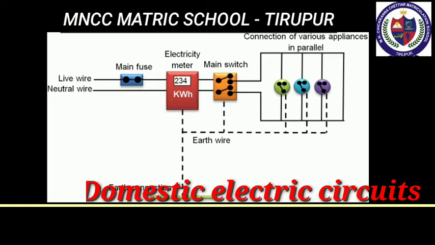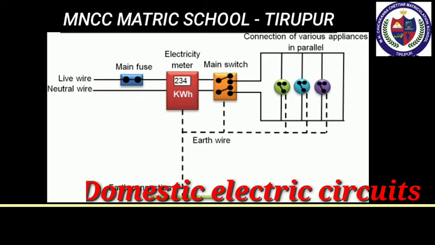In our homes, electricity is distributed through the domestic electric circuits wired by the electricians. The first stage of the domestic circuit is to bring the power supply to the main box from a distribution panel, such as a transformer. The important components of the main box are fuse box and meter. The meter is used to record the consumption of electrical energy. The fuse box contains either a fuse wire or MCB, that means miniature circuit breaker. The function of the fuse wire or MCB is to protect the household electrical appliances from overloading due to the excess current.